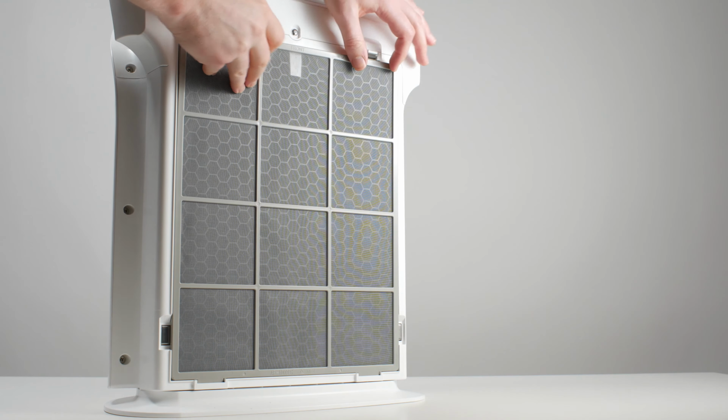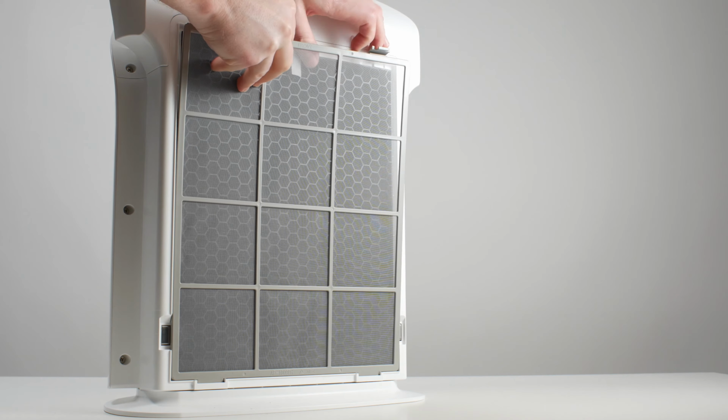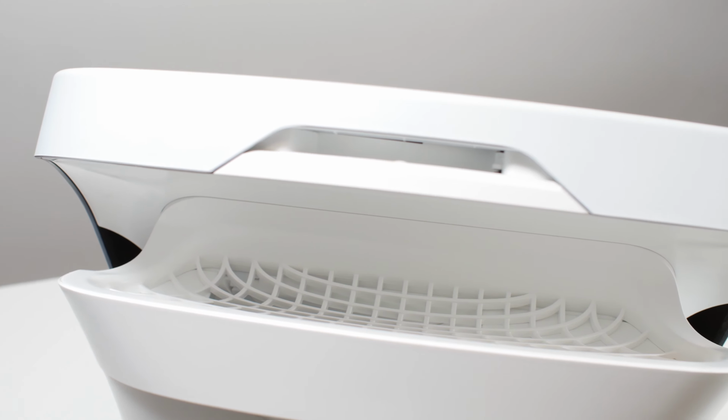The air enters the unit through the sides and the bottom here. There is no grill on the front of the unit for air to enter. It can only enter through the sides and the bottom. It then goes through a series of filters. The pre-filter is first, then the carbon filter, and then the HEPA filter. After the air is through the last filter, it exits through the back here, up and away from the air